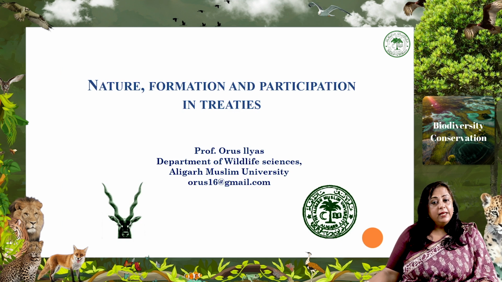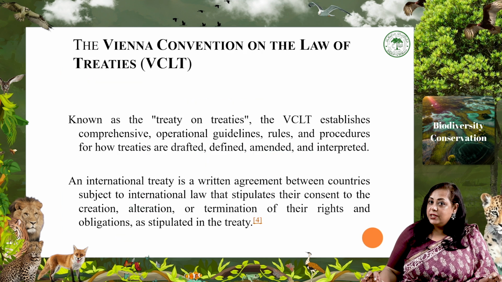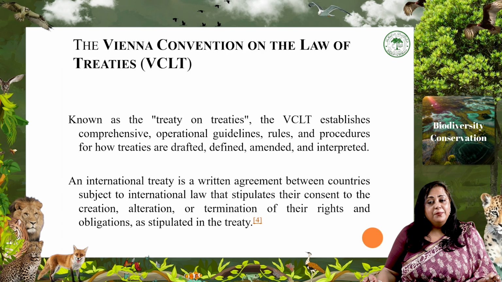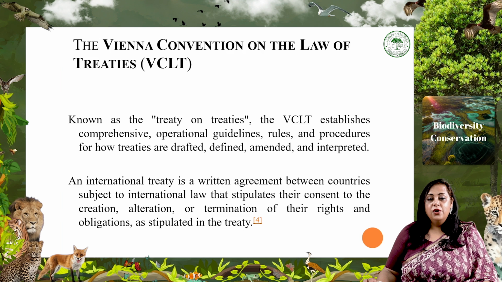So, welcome back to nature, formation and participation in treaties. The treaty on treaties: there was a convention on the treaties, called the Vienna Convention on the Law of Treaties, VCLT. Known as the Treaty on Treaties, the VCLT establishes comprehensive operational guidelines, rules and procedures for how treaties are drafted,